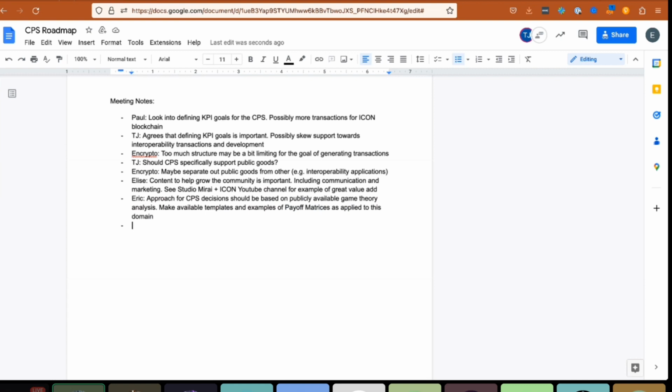And then a comment from Ravi is: explore monopoly risks based off of validator type, e.g. DAO or private, and strength of vote.